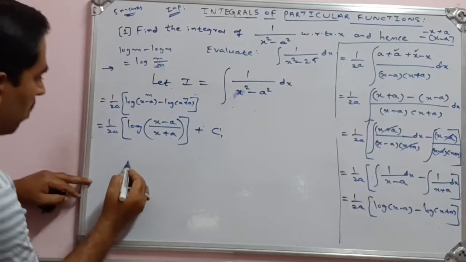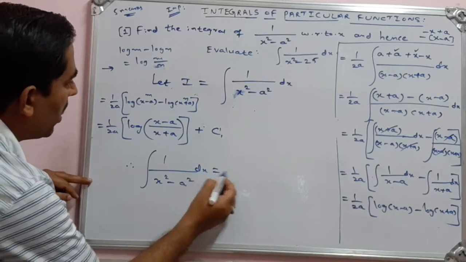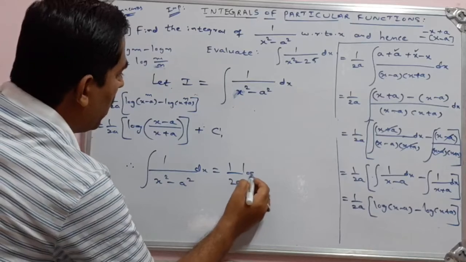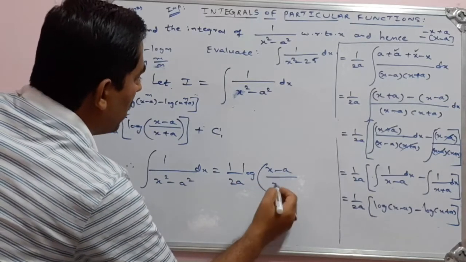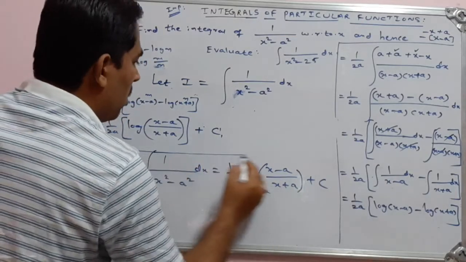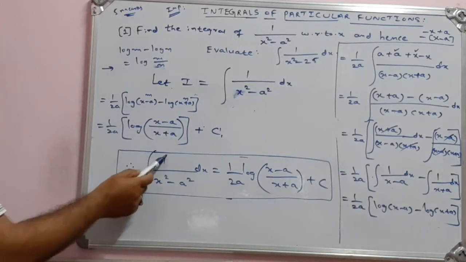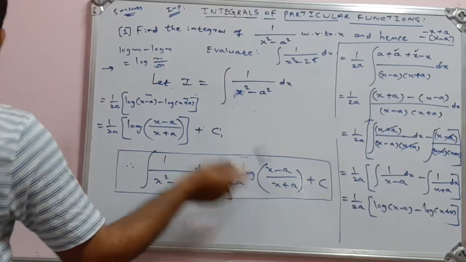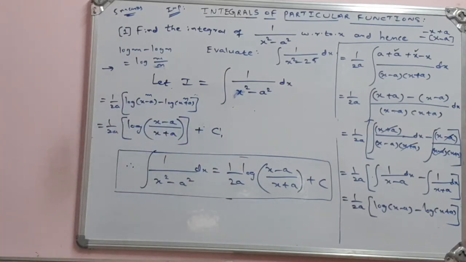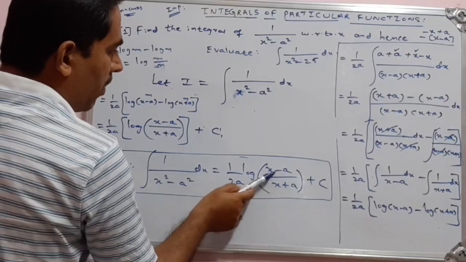So this result. Therefore, what did I get? Integration of 1 by x square minus a square with respect to x. I got 1 by 2a into log of x minus a divided by x plus a plus constant of integration. This is my first standard integral or particular function. So integration of 1 by x square minus a square is equal to 1 by 2a into log of x minus a divided by x plus a plus constant of integration. See, this is the required result. Integral of 1 by x square minus a square is 1 by 2a into log of x minus a divided by x plus a plus